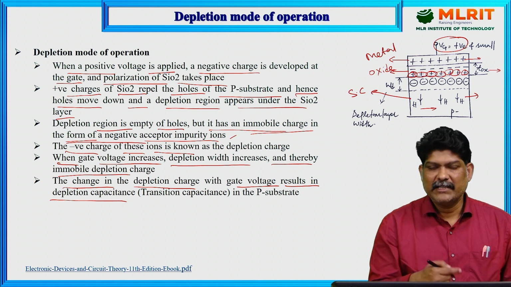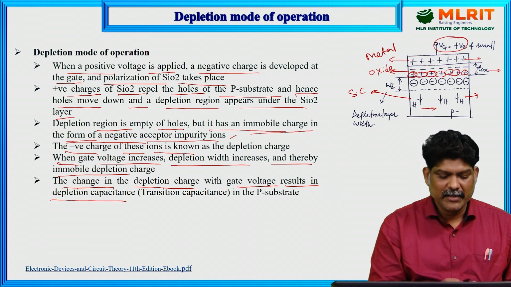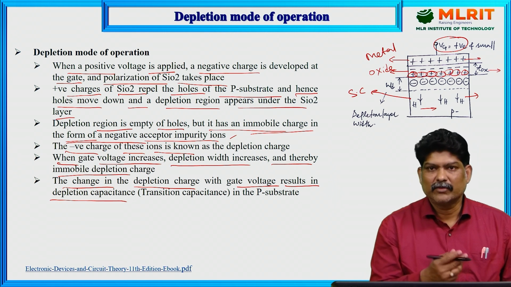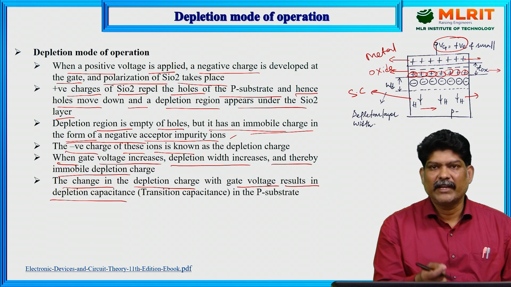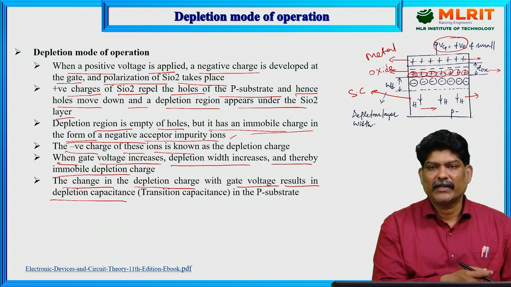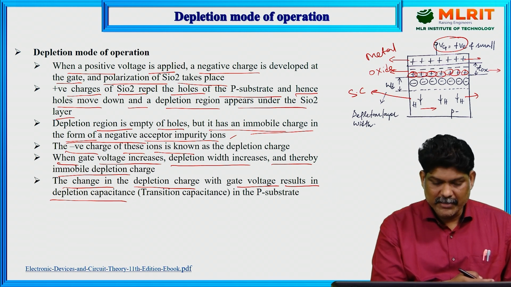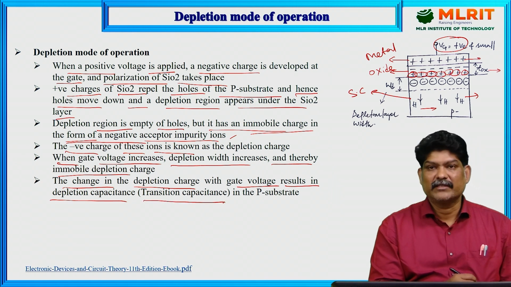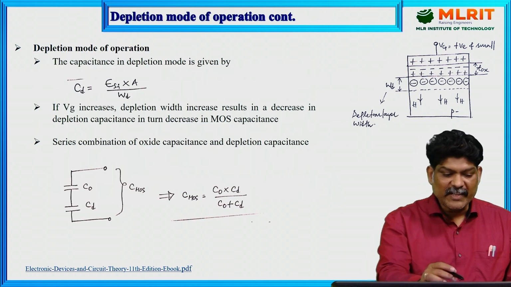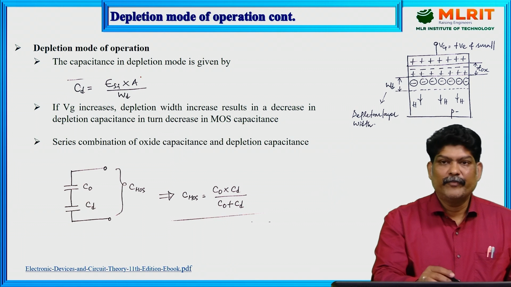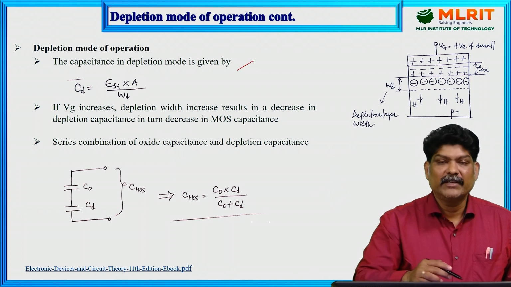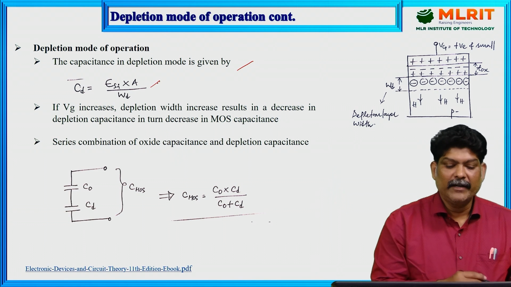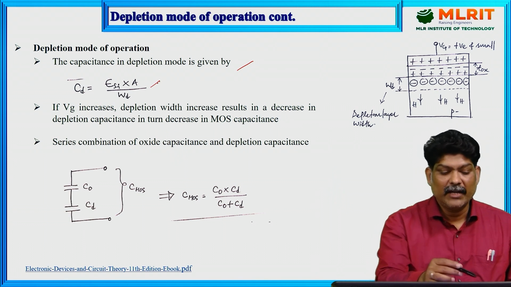The capacitance of the MOS capacitor changes with the change in the depletion charge and gate voltage. So the depletion charge changes with gate voltage and hence the MOS capacitance also changes, and that capacitance is called transition capacitance in the P substrate. In depletion mode of operation, the depletion capacitance is given by CD equals epsilon A by omega D. So here epsilon